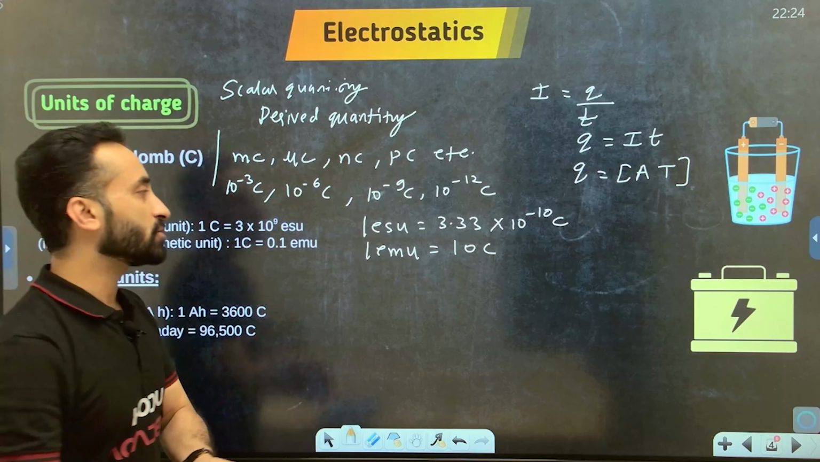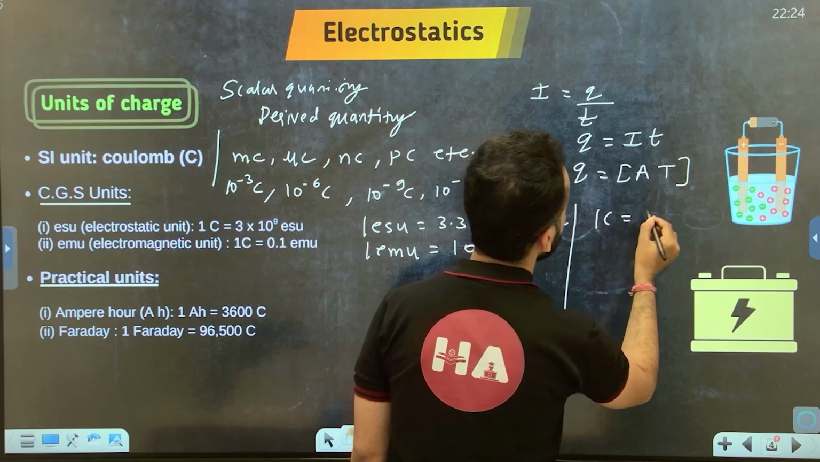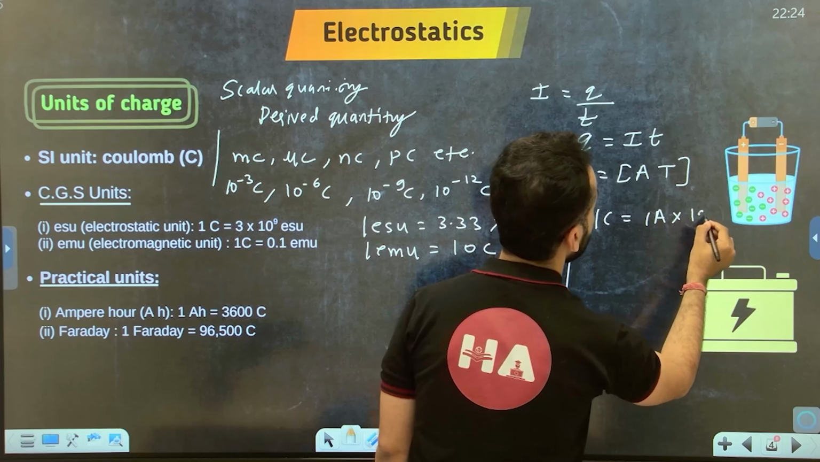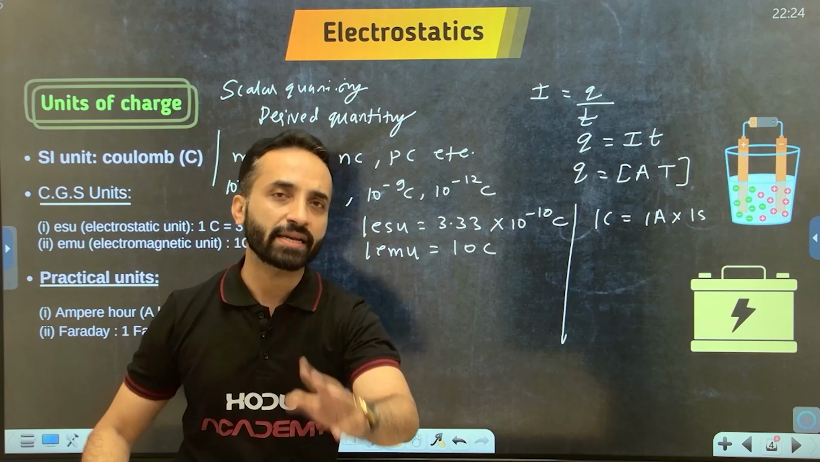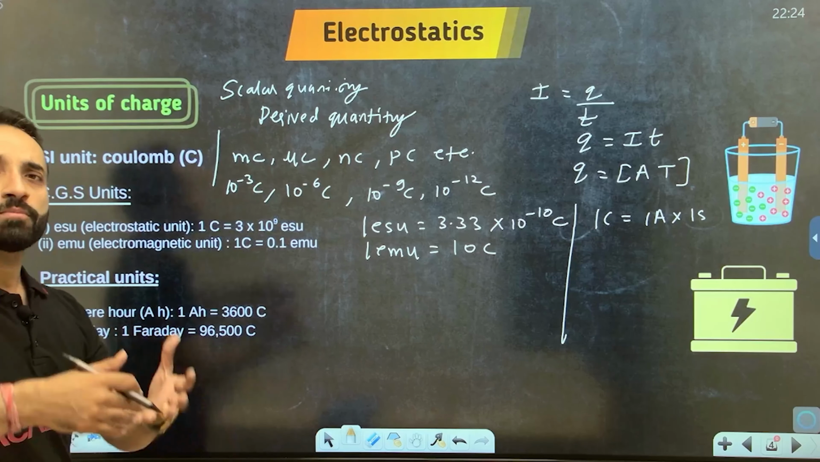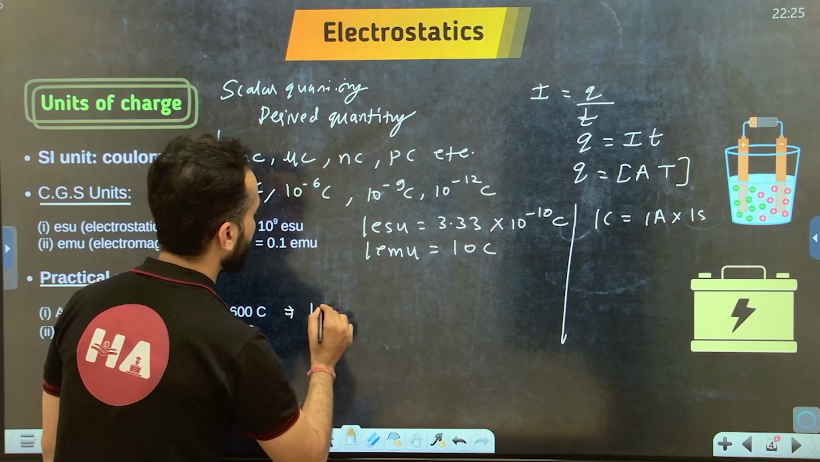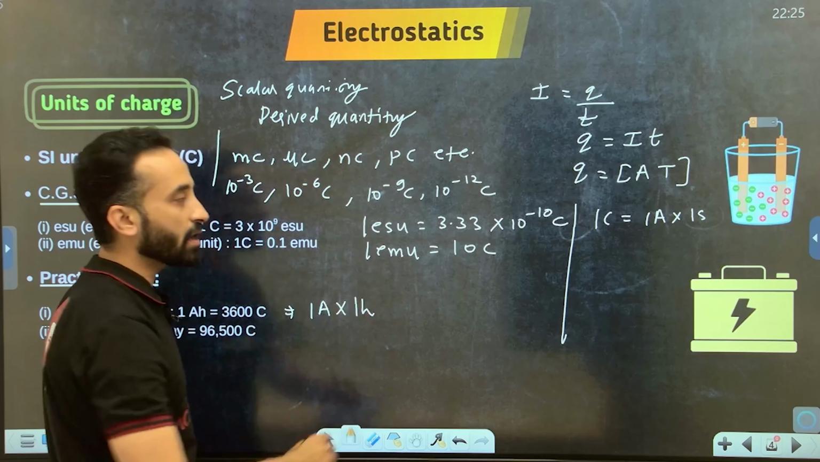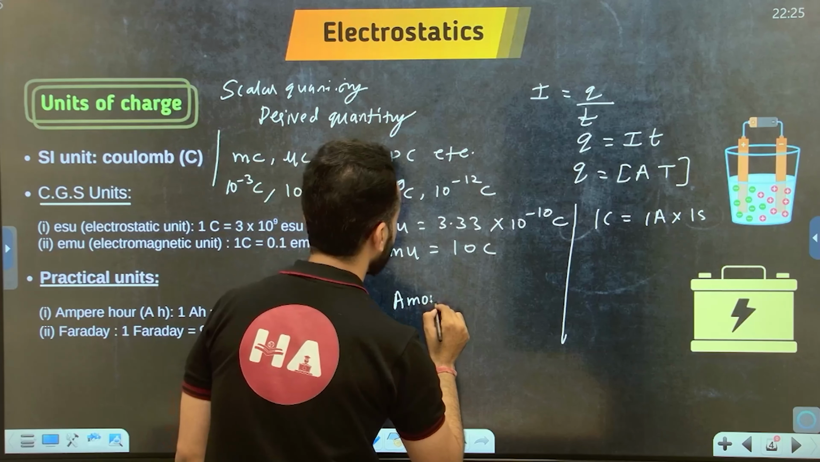It is a derived quantity. One more thing, my dear students, what is that? That if I have to just write, 1 coulomb is 1 ampere into 1 second, isn't it? 1 coulomb is nothing but 1 ampere current passing for 1 second will transfer a charge of 1 coulomb, right? So now you can understand what should be 1 ampere hour. So 1 ampere hour would be 1 ampere into 1 hour, or we can say that amount of charge